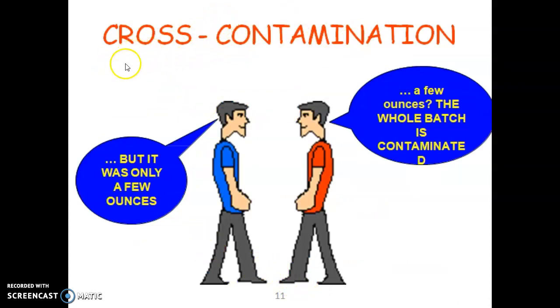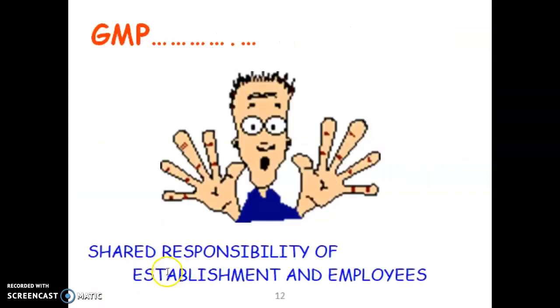So here an example is there: an employee of the organization is discussing that it was only a few ounces. The second replies that a few ounces, and the whole batch is contaminated. So we have to take much precaution, as the whole batch can be contaminated. It is the responsibility of the establishment, that is the employer and employees, to follow